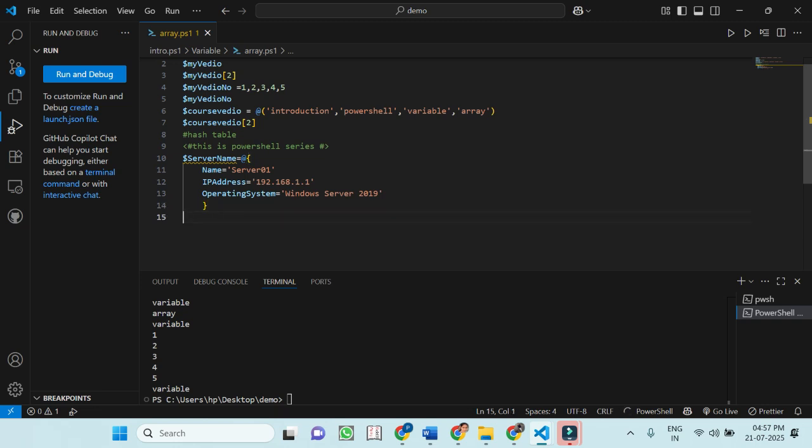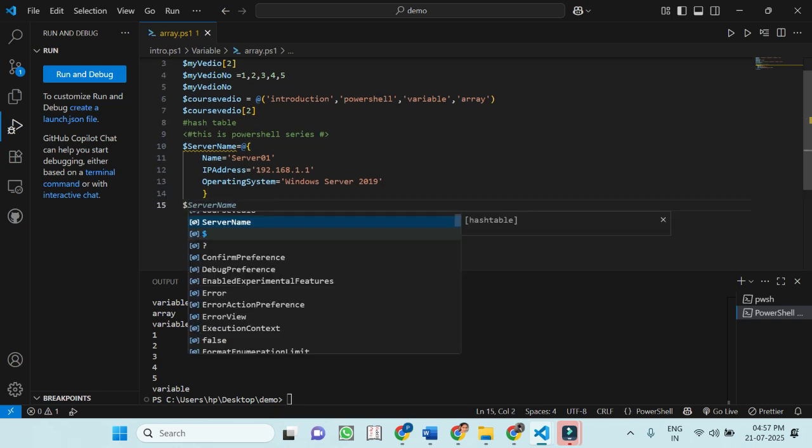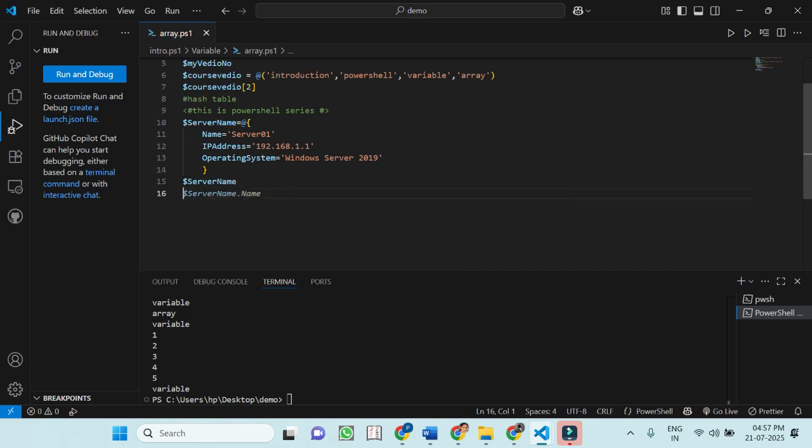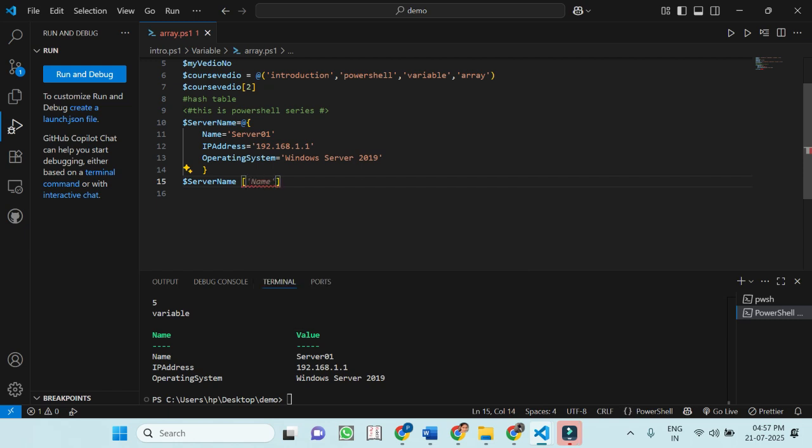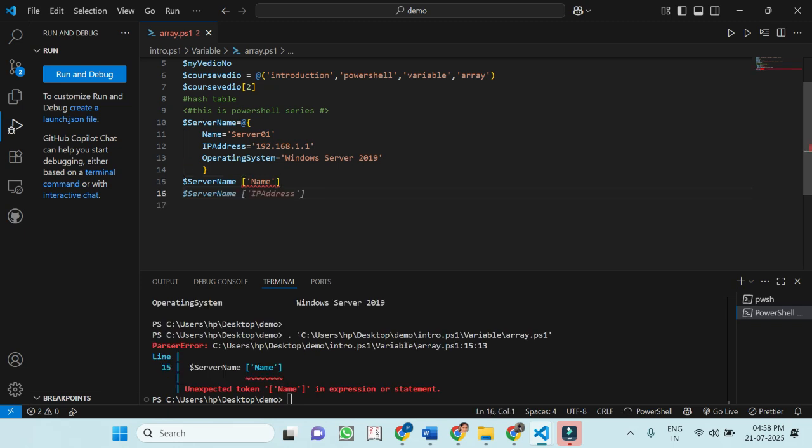After that, if you want to run it, run it with the same name to provide all the information like name, IP address and operating system. Here you also want to check name. With the name you check its value. So you give name like this and check name, and so this is our array and